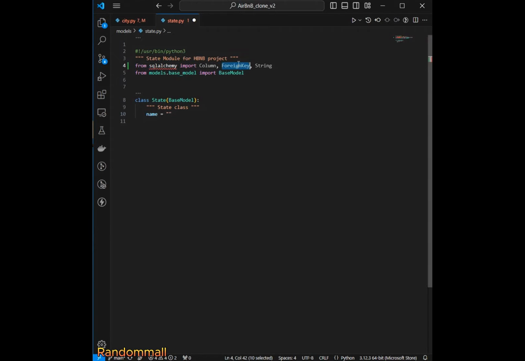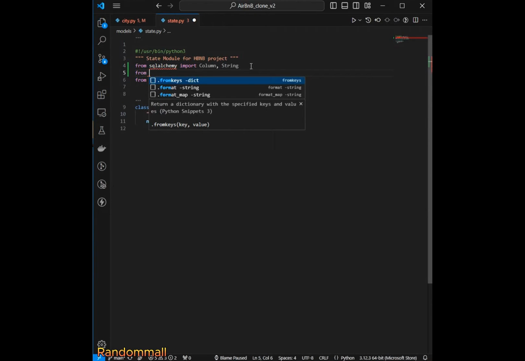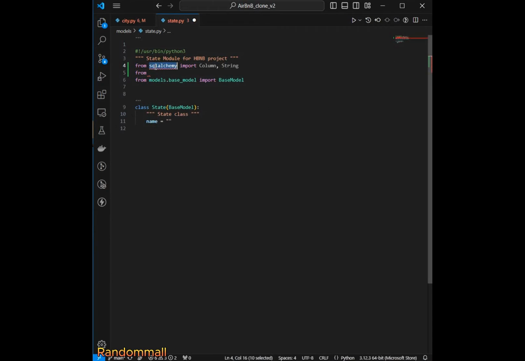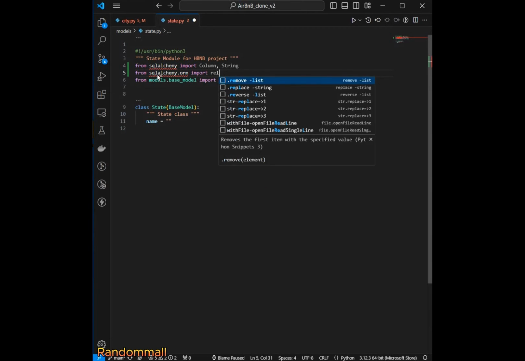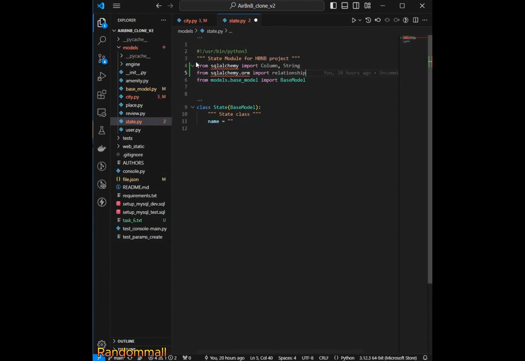Okay, what we need here is column and string, and then also we need to import from sqlalchemy.orm, we import relationship, and